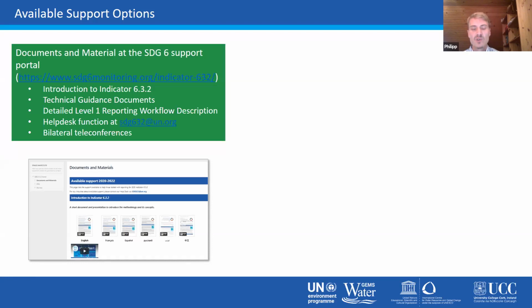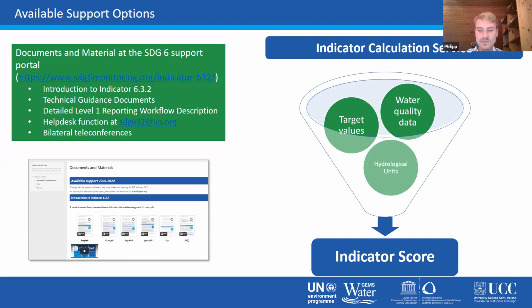During the feedback process that Stuart already has mentioned in his part of the presentation, after the first global data drive in 2017, several countries asked for additional support in calculating the indicators. So we have decided to also provide an indicator calculation support. This, as well as other information, is also available in more detail on the indicator support platform. And we also provide the help desk function. But at this point, let me also give you additional information on how we can support you in calculating the indicator. So if you have any difficulties in compiling the data and setting target values